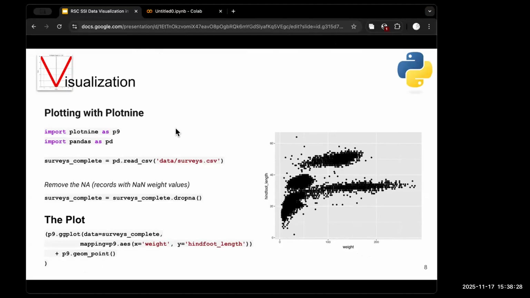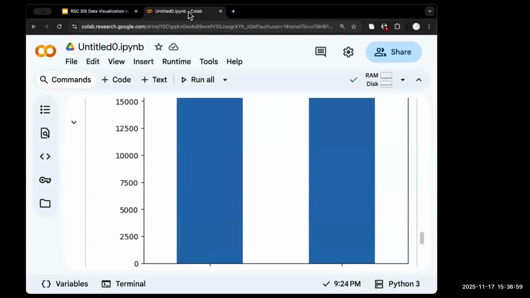All right. So we know about pandas, and we have used the pandas library to plot two bar charts. Now we are going to do a little more sophisticated visualization. In this case, we're going to use another library called Plot9, but we're still going to use pandas because we're going to use the data frames. So going back to our code,